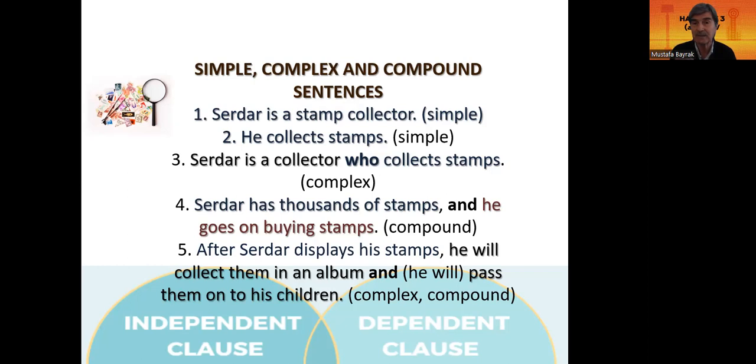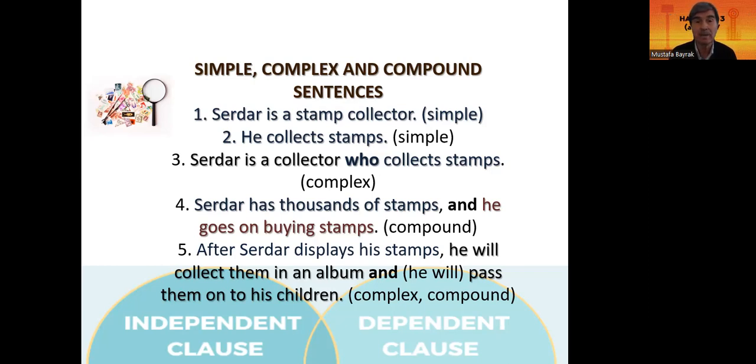It sticks the 2 sentences, and he goes on buying stamps. So there are 2 messages in it. So, of course, there is an "and" group of conjunctions. We use them just like "and". We will see them as well, for example, moreover, furthermore,